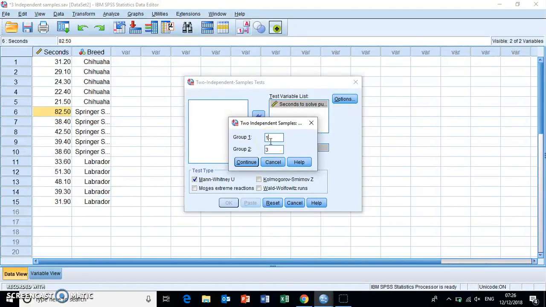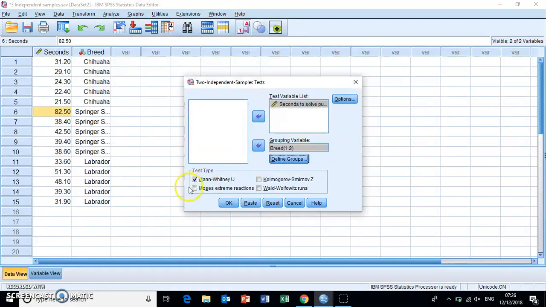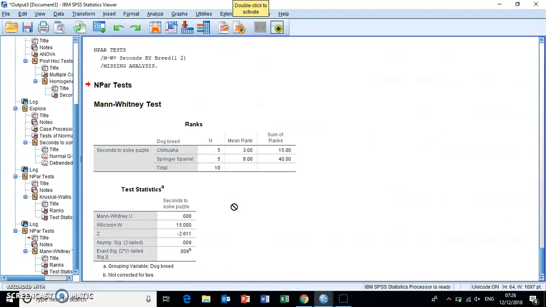Okay, so for now, we'll just compare the groups 1 and 2. So that's Chihuahua and Springer Spaniel. Mann-Whitney is already selected, and I click OK. And then this is my result. And as before, we get the p-value, and we look at this one right here, the asymptotic p-value, which is for a two-tailed test. And it shows us, again, a p-value of less than 0.05, which we had before in